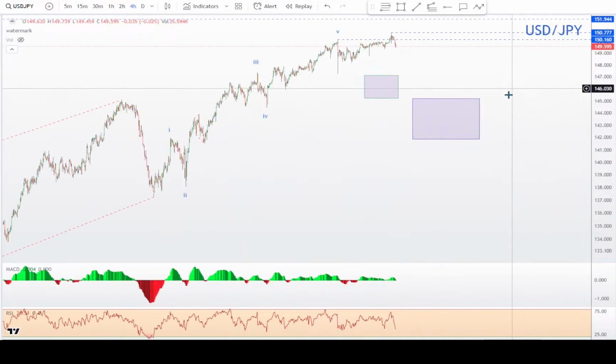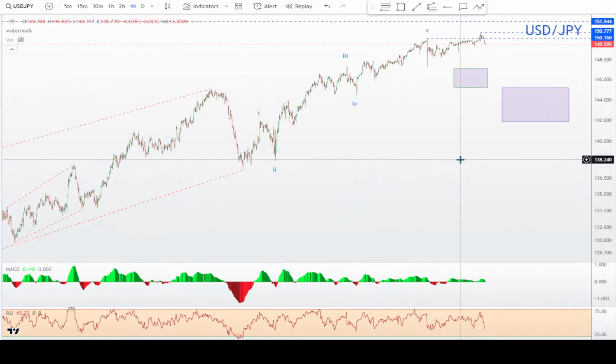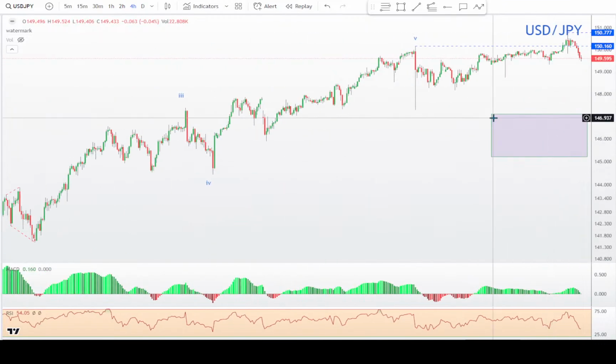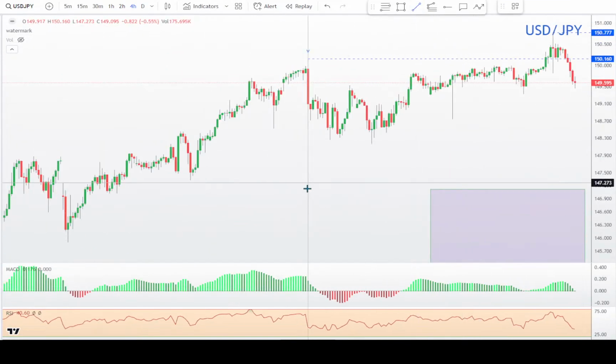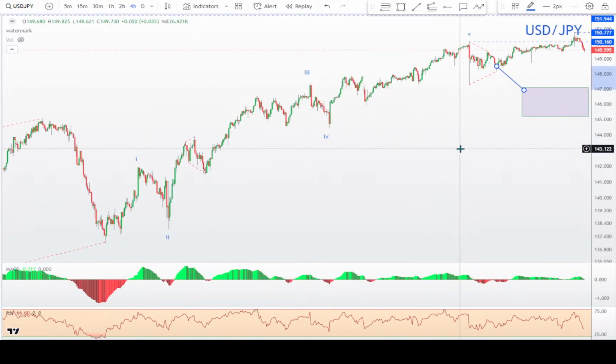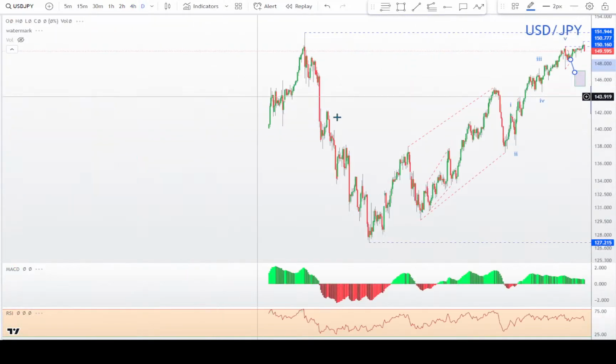Okay, and the yen. So the yen, I thought this zone was going to be the key to it, but they went up and they broke that previous high that I've got marked for the fifth wave. So I think what they did is they created a contracting flat here for this fourth wave. So I thought this wave would come down into here, and then we'd see if they were still going to go up. So when I go out to the daily,